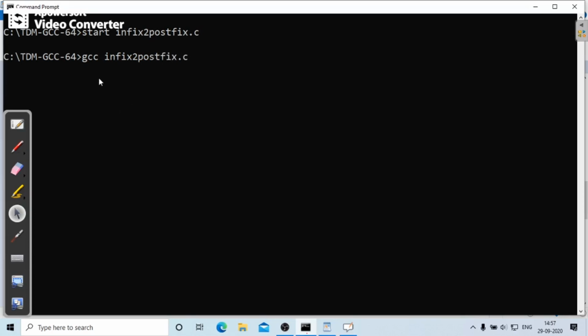This is the way to run it: gcc infix to postfix dot c, and I will store the output into POS, the file name where the output gets stored. If the compilation is successful, you will get the next prompt to write the command. After this, I will run the application, the executable file stored in POS.